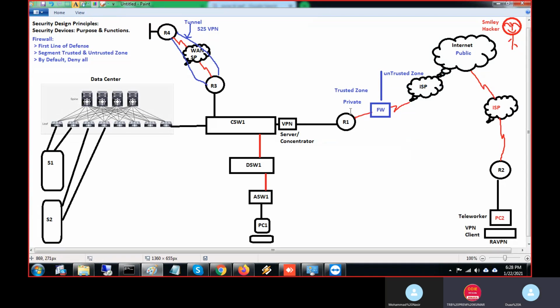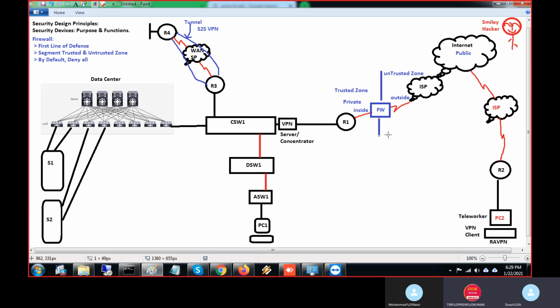This device has 3 interfaces: inside, outside, and the third one is DMZ.